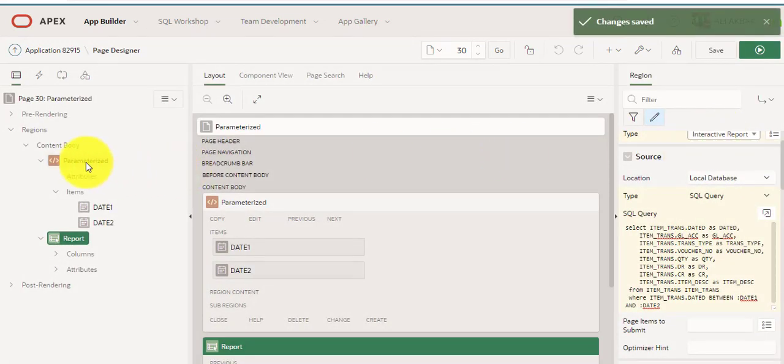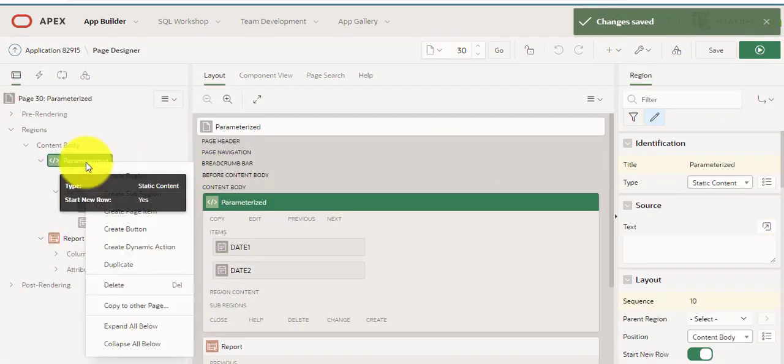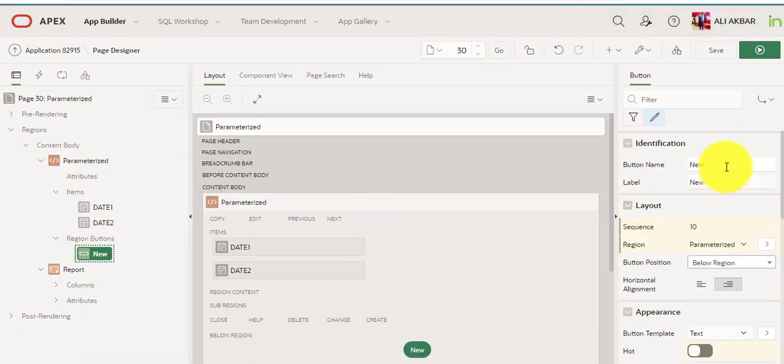now second I am creating a button. Type any name, preview.